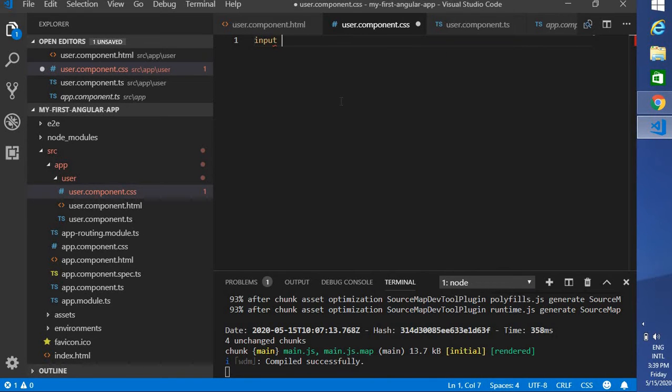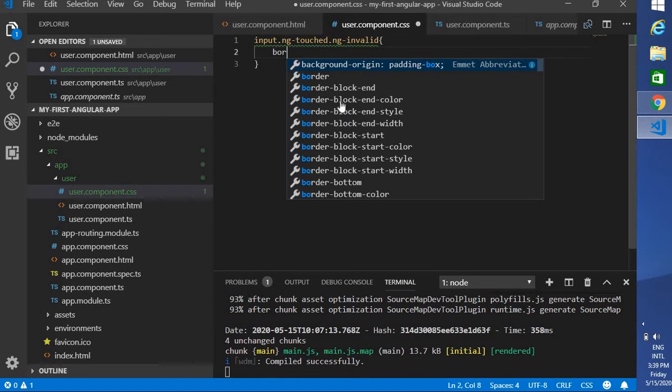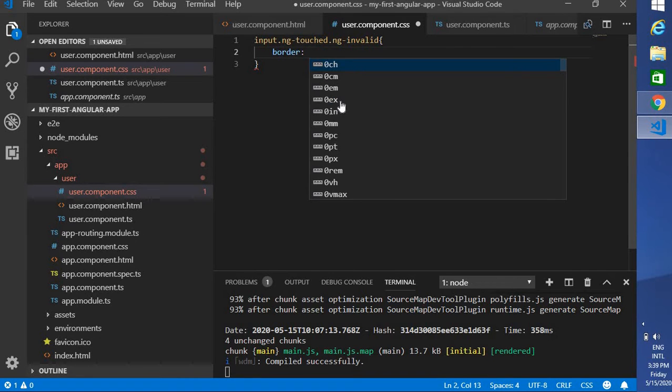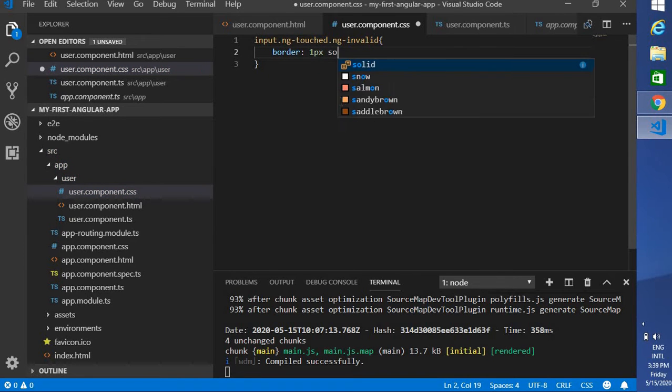So for input, we have ng-touched when the field is touched, and ng-invalid, right? This time I want to apply a color for this one, border is 1px, let me apply solid. Okay, let me save it.